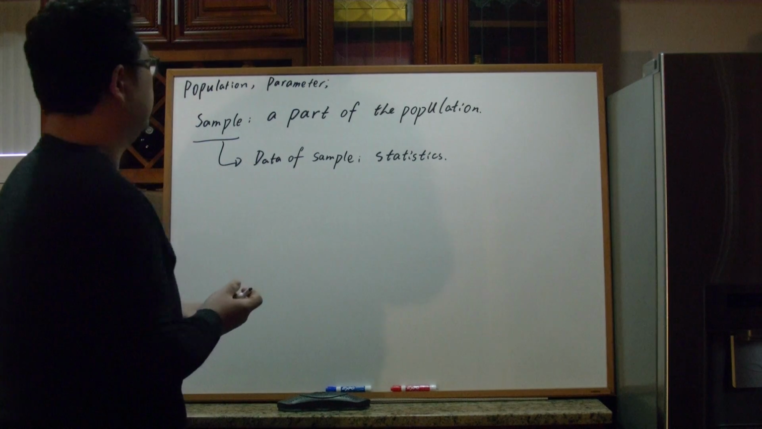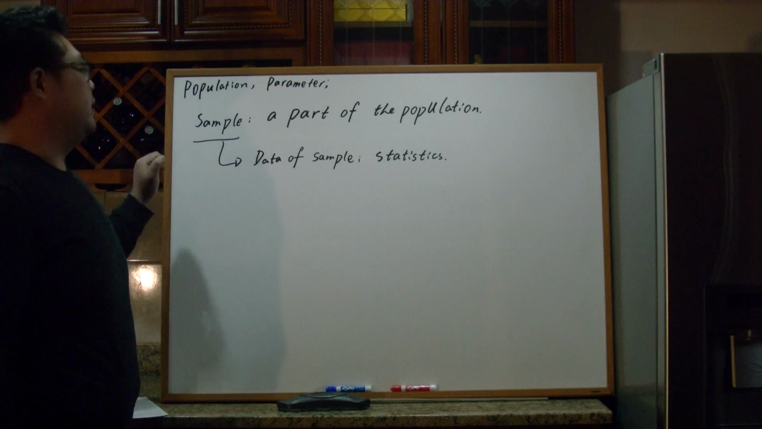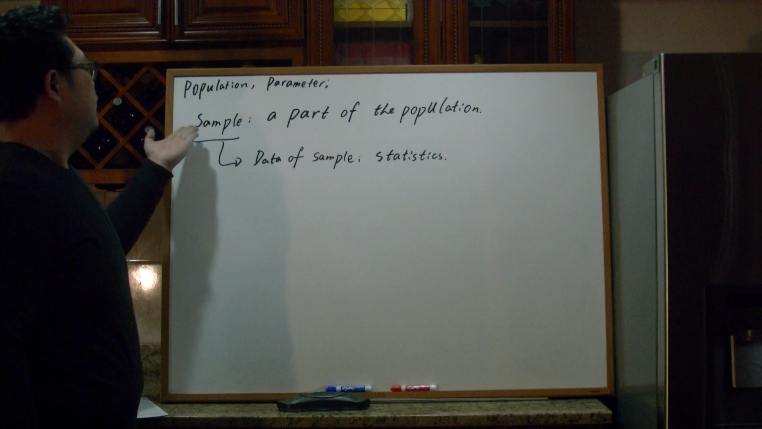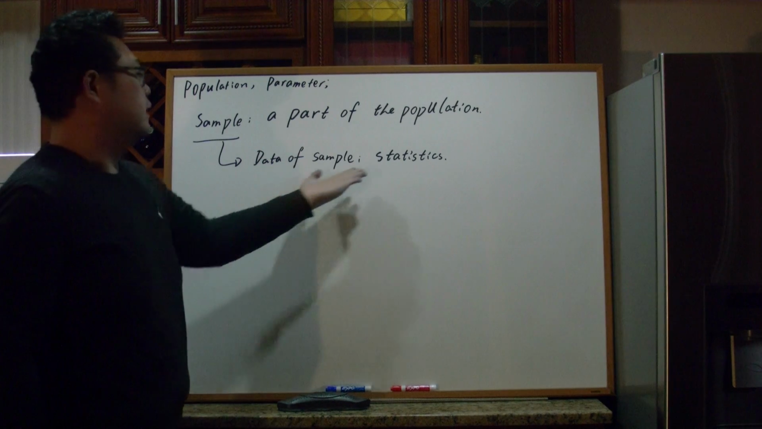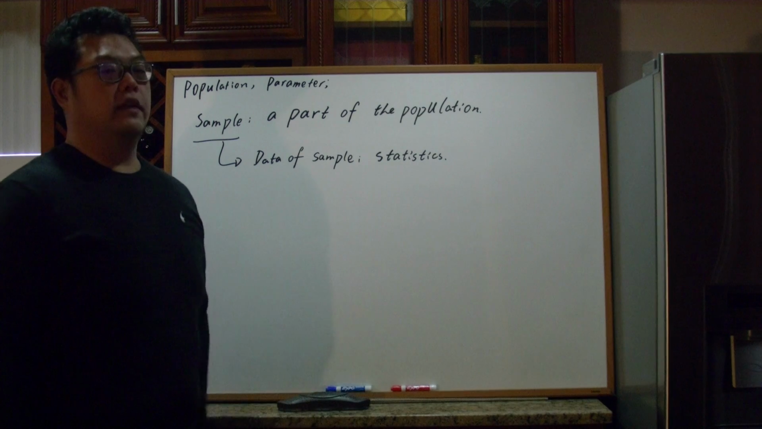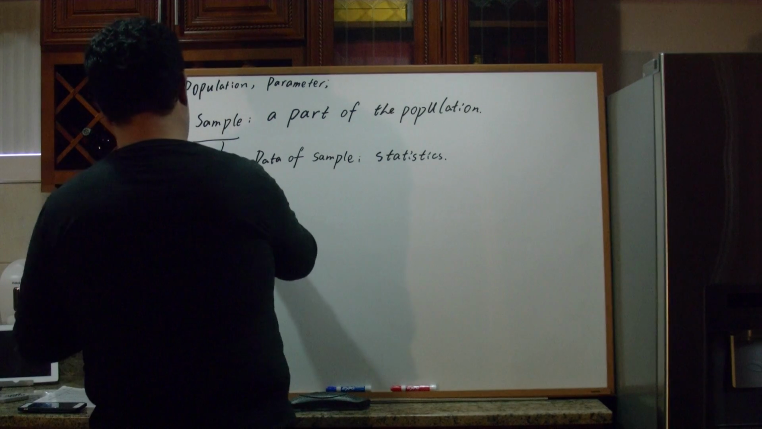Right, but basically, the population is a whole, and the parameter is taken from it, the collection, and a sample is a part of the population, and the data of the sample is called statistics. Right, then